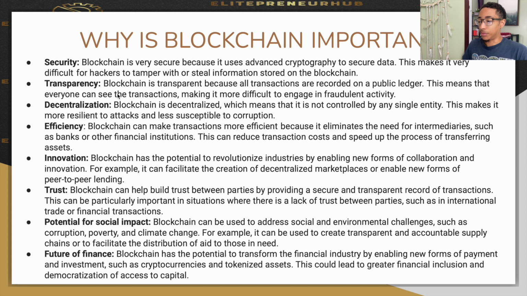Transparency. So the data is masked, however, it is transparent, because you can see everything, but you don't know exactly who it is or what is going on exactly. Now, there's ways of finding out, of course, because it's public. However, just off of looking at it, everything is secure because it has that mask on it, and you don't know who it is, but you can see everything, and that's what makes it so secure, because there's no one that's flying under the radar doing certain things. You're going to be able to see that.